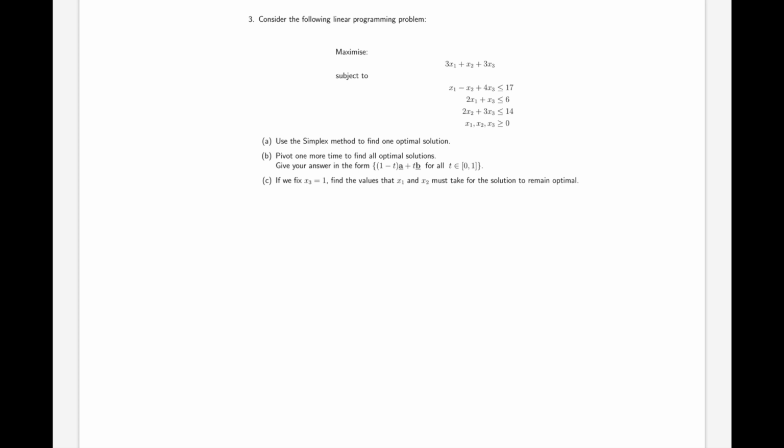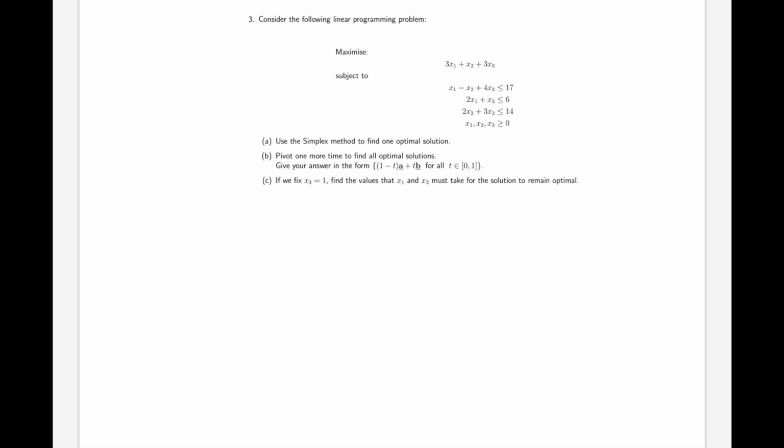Problem sheet 5, question 3. Consider the following linear programming problem. Maximize 3x1 plus x2 plus 3x3 subject to x1 minus x2 plus 4x3 is less than 17, 2x1 plus x3 is less than or equal to 6, 2x2 plus 3x3 is less than or equal to 14, and all the